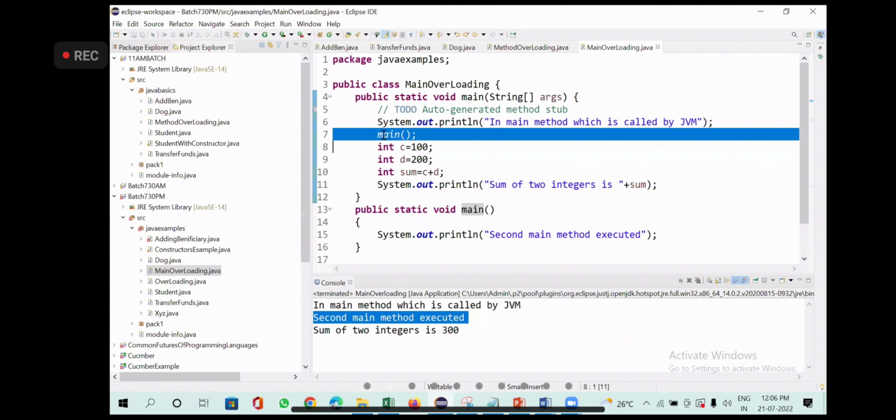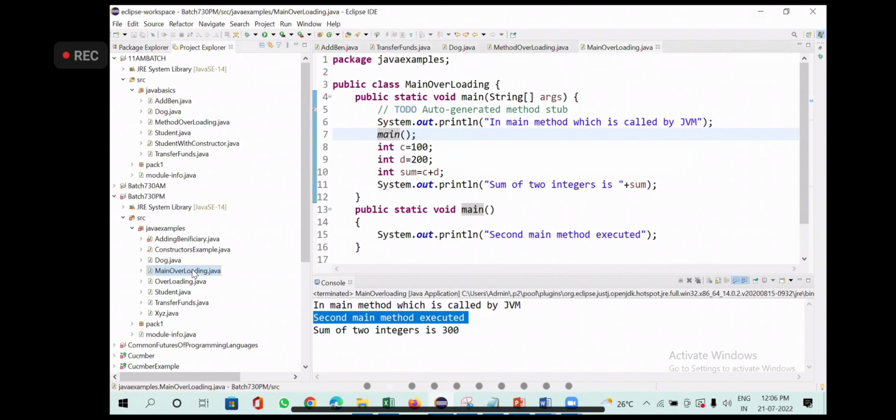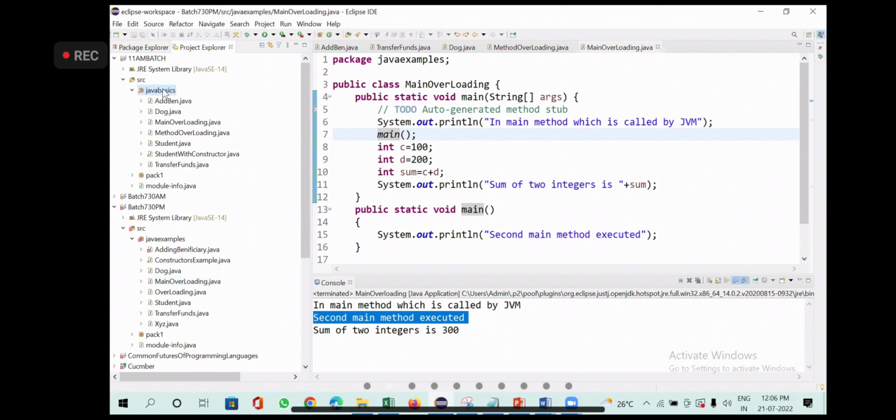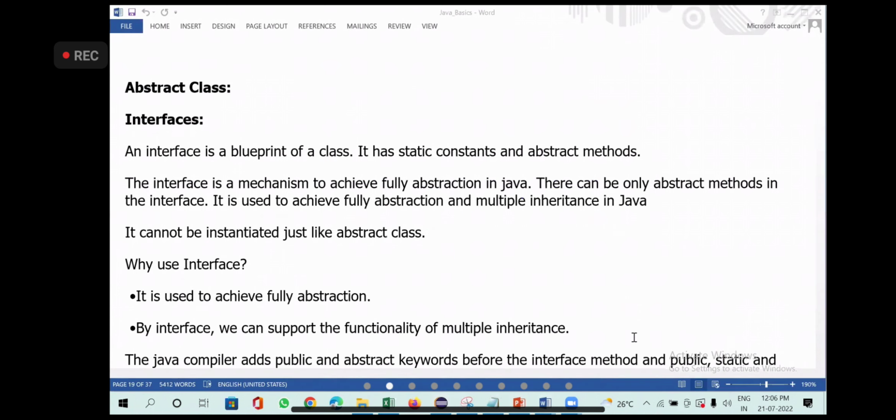How do you call a main method? It's static, so directly call it with the function name. No object is needed. I'll put this into your code too. Just remind me before leaving the class. Now any questions on abstract class?